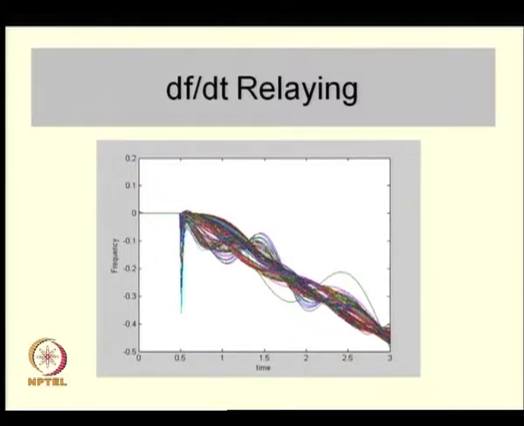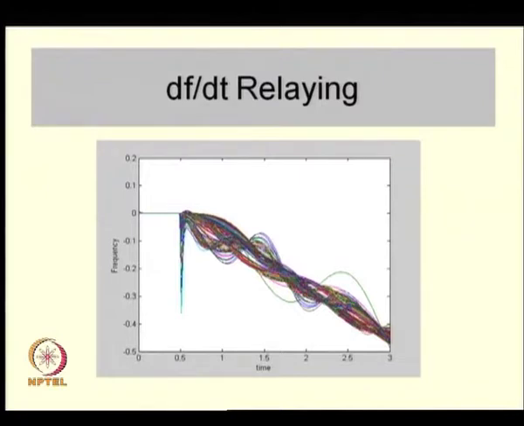So, it is anticipatory, but it is again designed offline, and the thing you need to really consider in your design is what exactly affects the rate of change of frequency. In fact, if you remember, the rate of change of the center of inertia frequency of the system is inversely proportional to the sum of the machine inertias. The other thing which determines df by dt is the amount of load generation imbalance. So, if the load generation imbalance is large, you will have a larger rate of change. Of course,